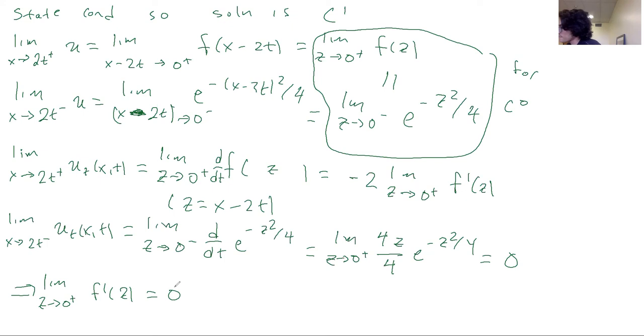Okay, last condition, although it's going to give us the same thing: in order for our function to be C1, we need the limit as x goes to 2t from above of u_x to be equal to the limit from below. Okay, so we'll get the limit as z goes to 0 from above of just f prime